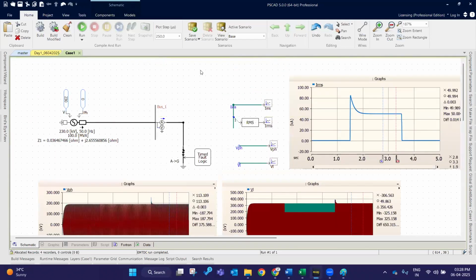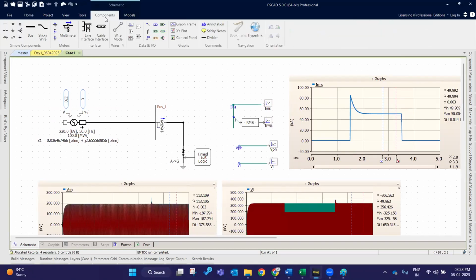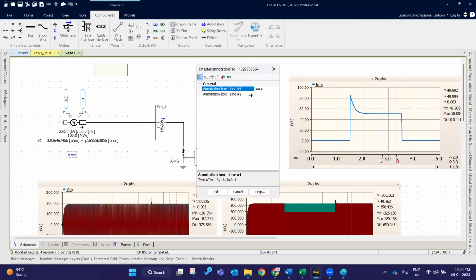Clear. So now, how to name the grid or anything? Why? Because by default it won't appear. But in other software, the element's name will be appearing here itself, like in the bus, it is appearing like this. But for grid, multimeter, everything, it is not appearing, right? So for that, in the same components tab, there are two different options for us. One is annotation and the other one is sticky notes. So annotations means nothing but, so now let me type grid, power grid,